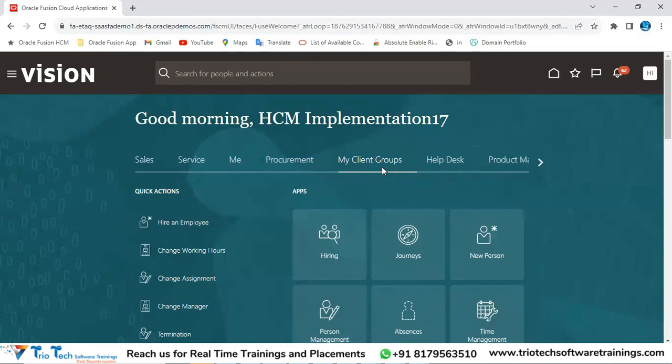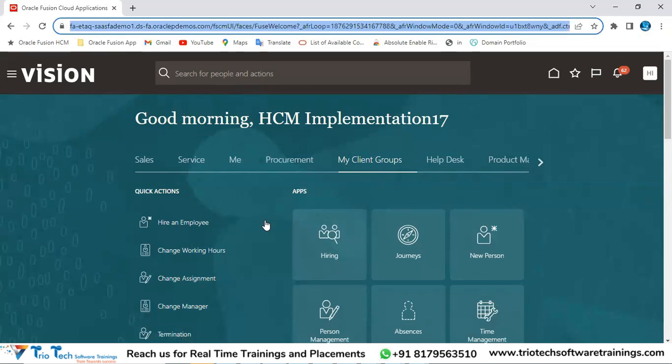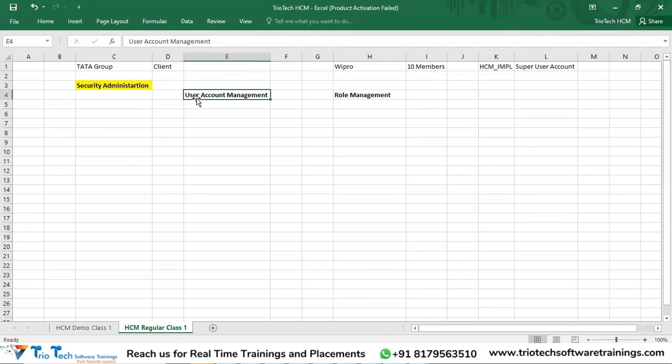Every day, HRs will be recruiting employees in the organization's team. So every employee should have access to the application portal. How the user account and passwords for those people will be created, we have to understand in user account management. Here I'm going to explain how the user accounts for any user in the Fusion application will